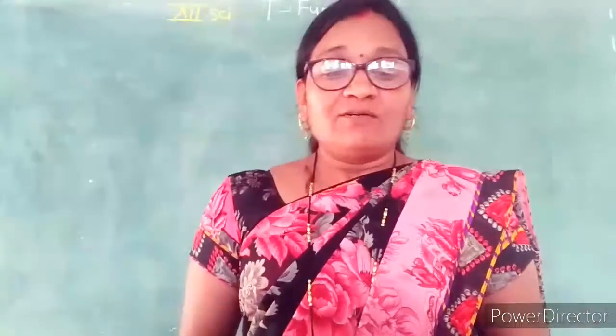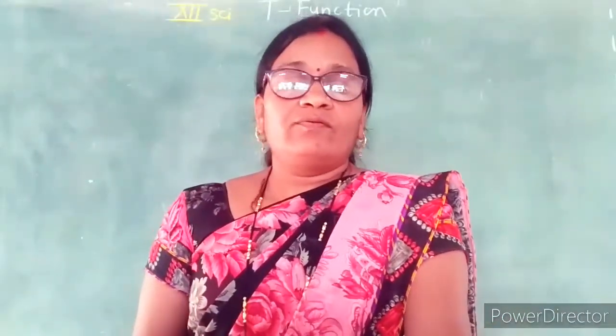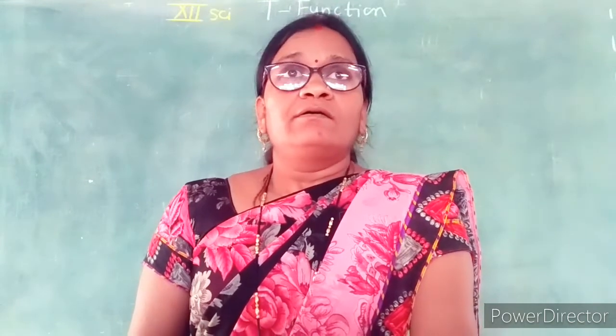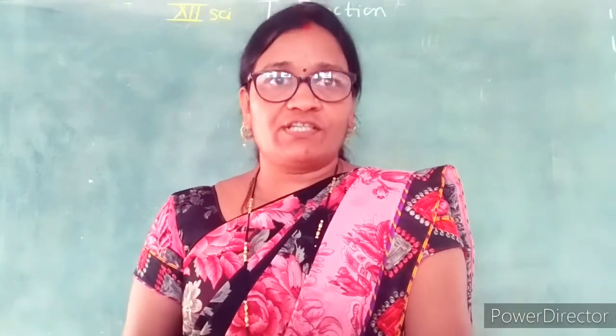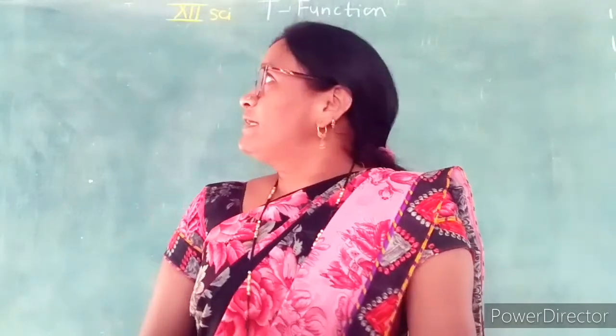Hello friends, today we discuss the topic of general solution of trigonometric function. Before this, we already saw the principal solution of trigonometric function, which lies between 0 to 2 pi. For each trigonometric equation, the principal solution gives two values that lie in the angle range 0 up to 2 pi. Here we take general solution.